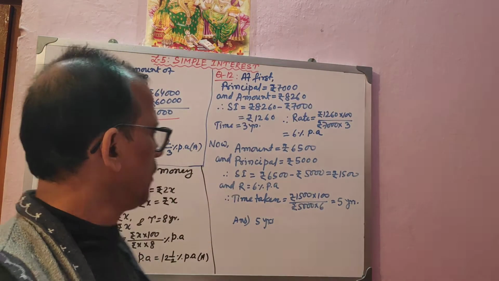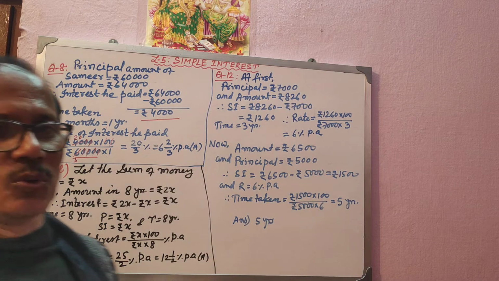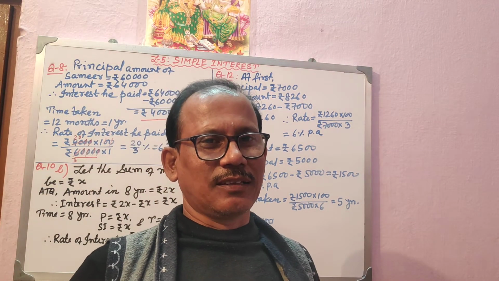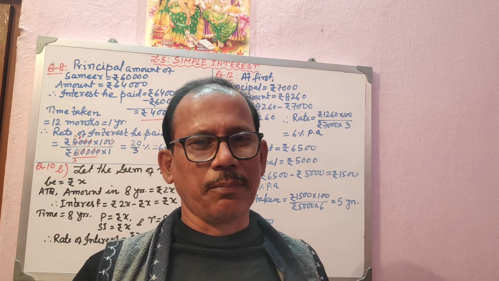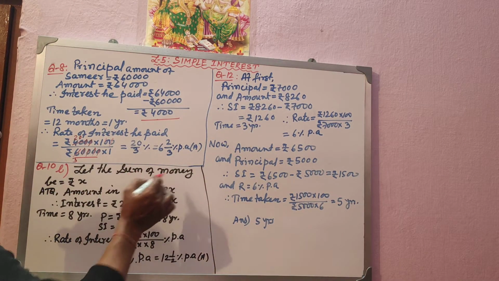So therefore, what is given to you, just see. You do not know how much money it was at the beginning, so you do not know the capital value or the principal value. Let the sum of money be